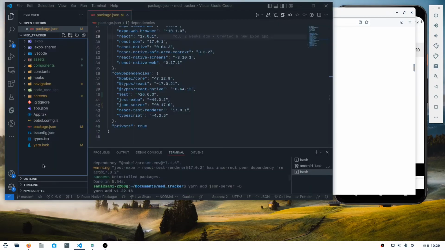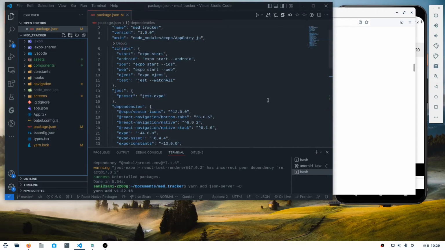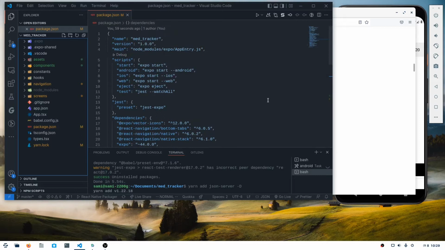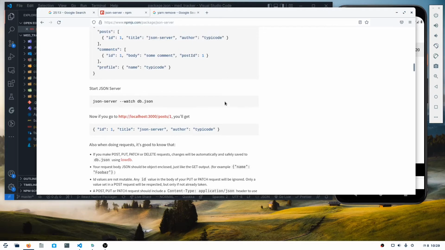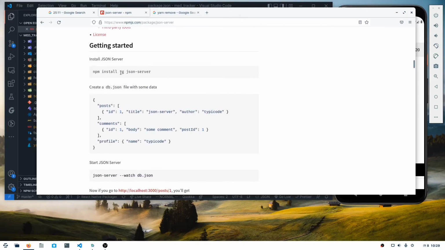I think we can get around it somehow. Okay, so we will install it globally only